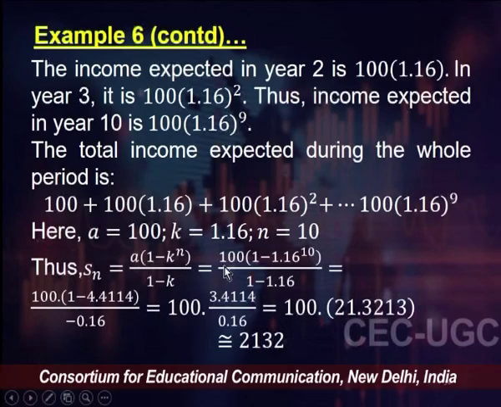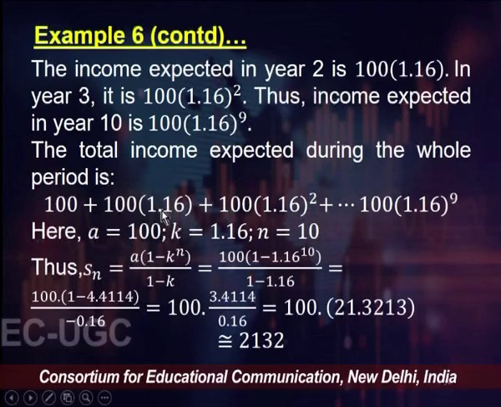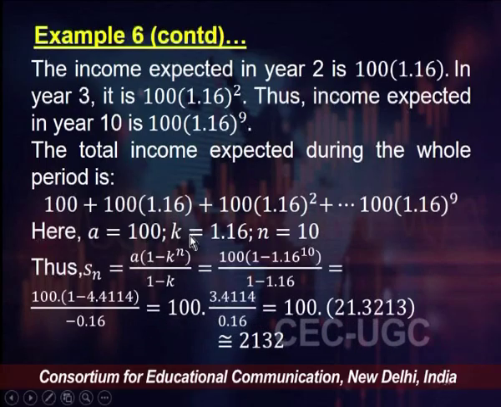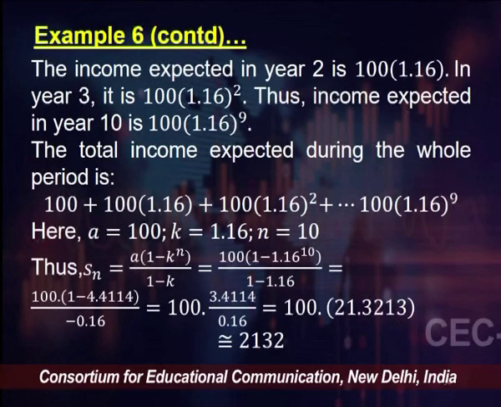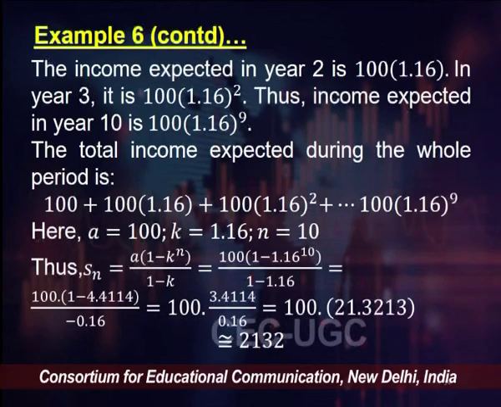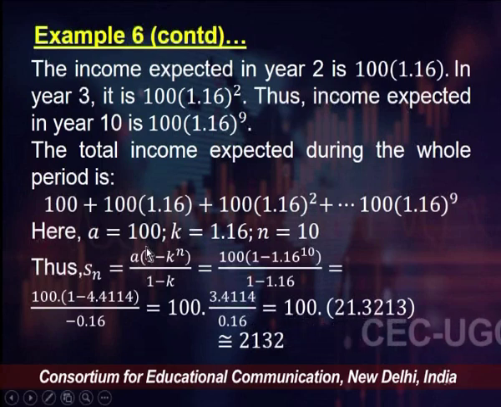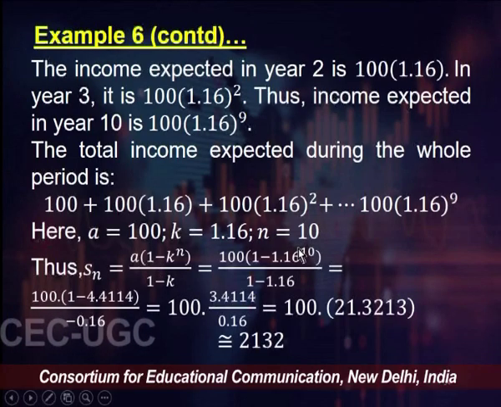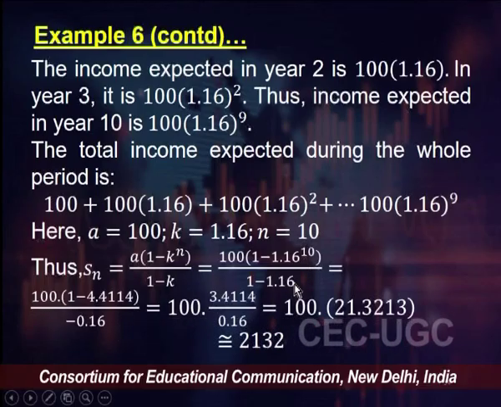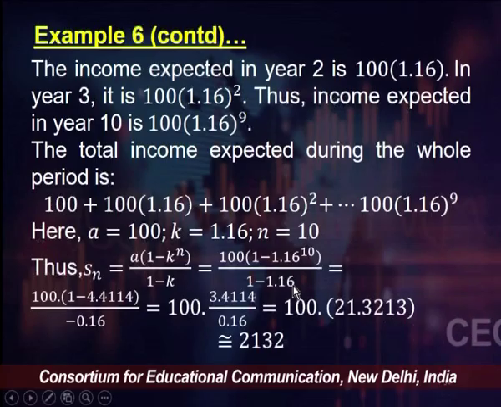Now, as you can see here clearly, this is a geometric series because there is this common ratio here, 1.16. k is going to be 1.16. There are 10 terms here and the first term is 100. So, we are all set to calculate the total income, and that sum is going to be given by 100 times 1 minus k to the power 10. So, that is going to be 1 minus 1.16 to the power 10, the whole thing divided by 1 minus k, which is 1 minus